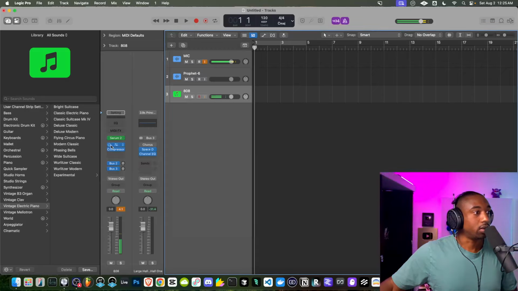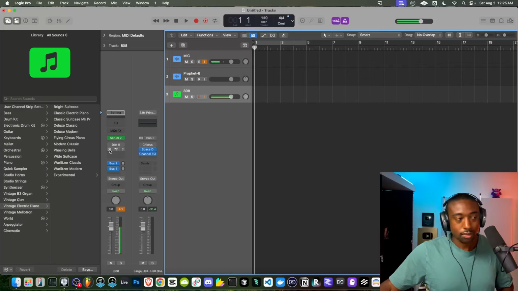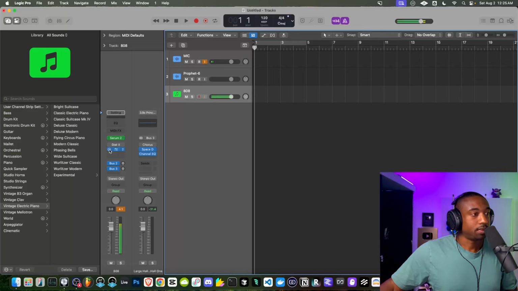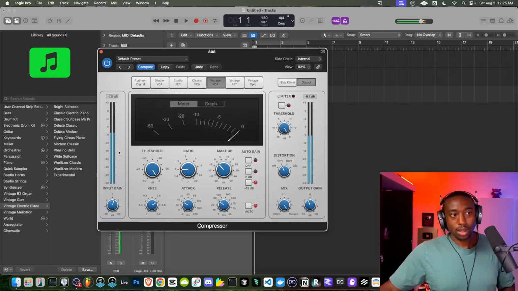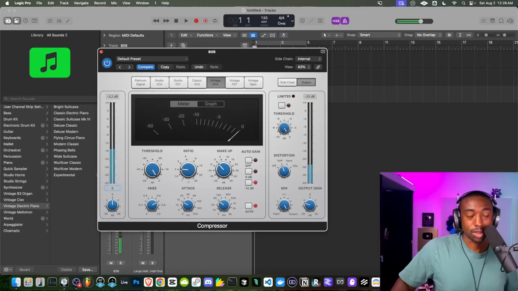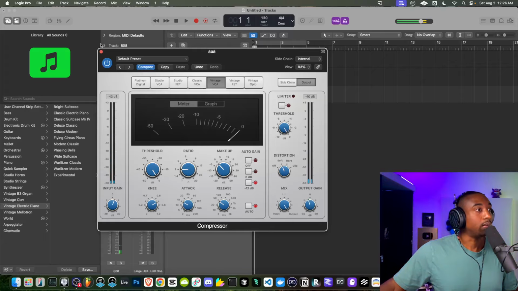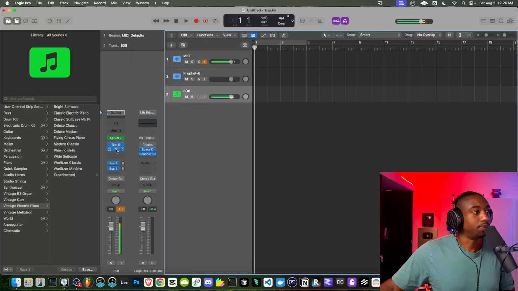So if we weren't using distortion, here's where we started. And the compressor just adds. You can really, really push this thing. So if you want to kind of push it really hard, let's see how hard we can push this. So there's a certain point where it's pushing it too much. Okay, but this does have a sound. It's just very, very subtle for this video. So for that reason, we're going to combine it with the distortion.